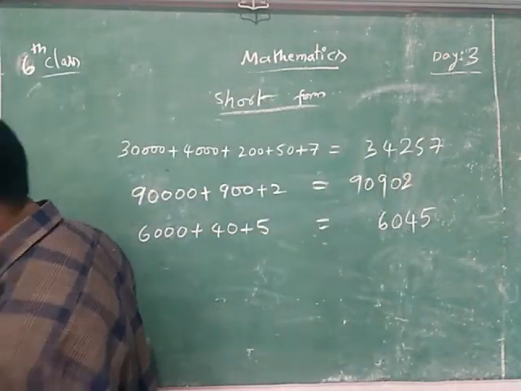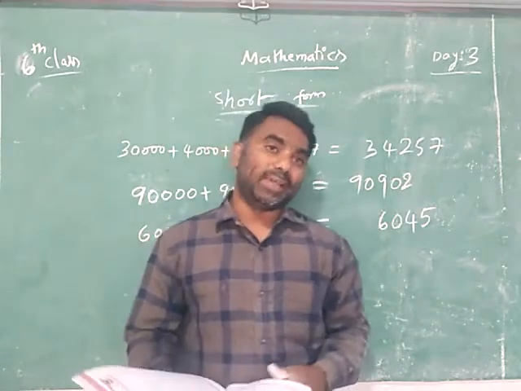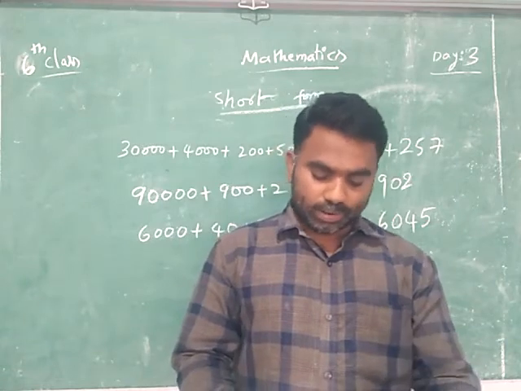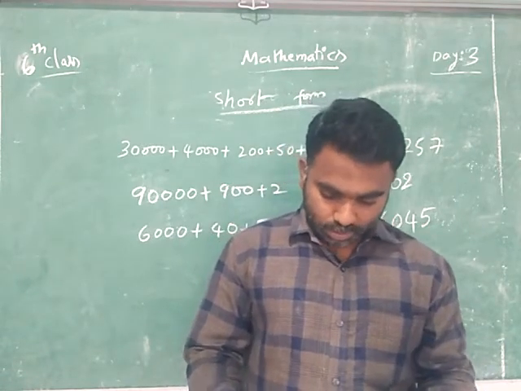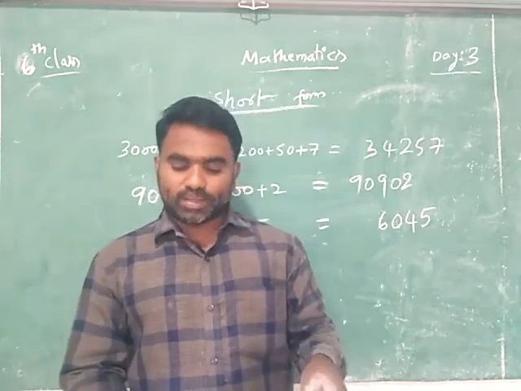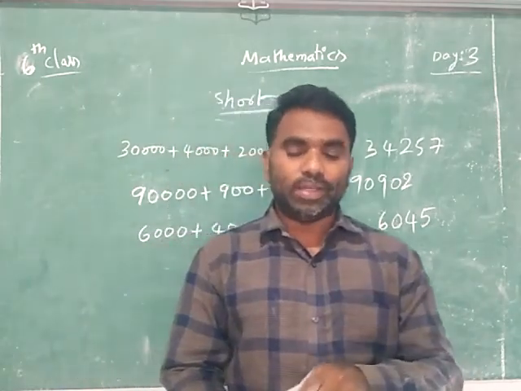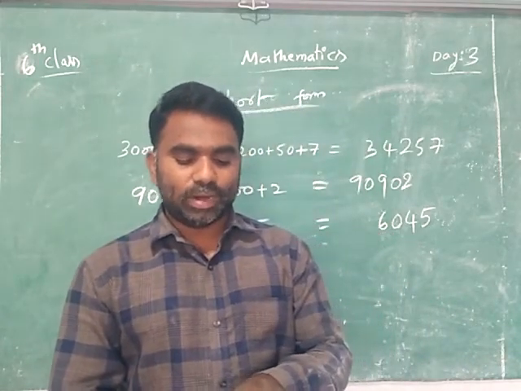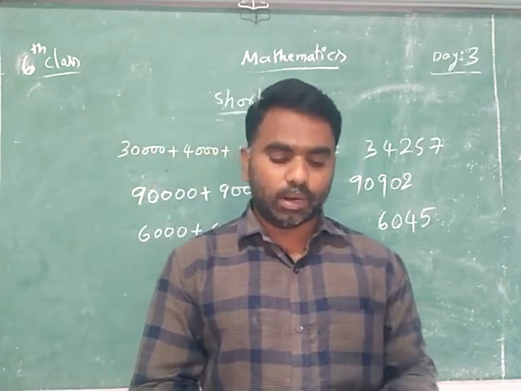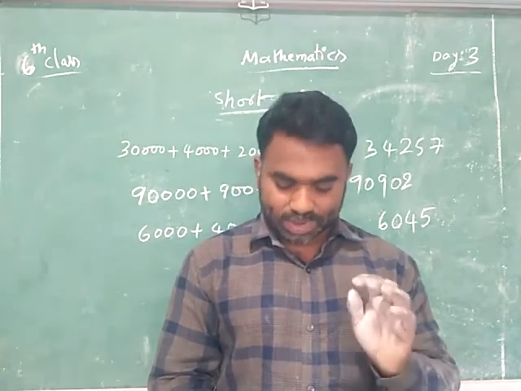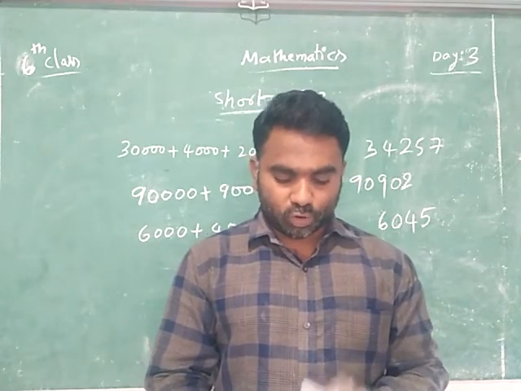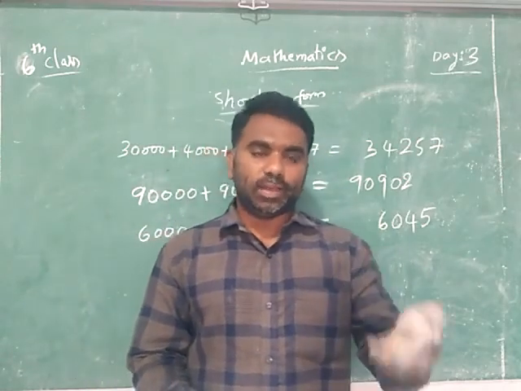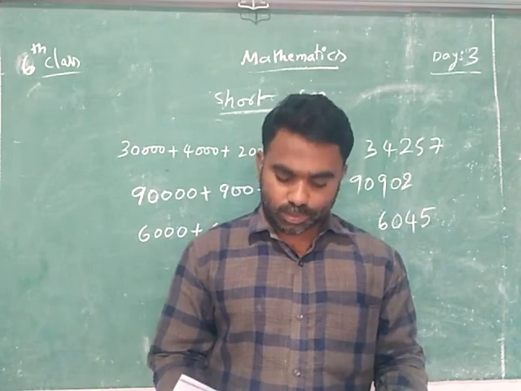So today we have learned about face value, place value, expanded form and short form. And you can see in your textbook, before exercise 2, there is a "Do this" with a table. Try to fill the table. Expanded form: you see that an expansion has been written. One example is given there. By using the example, complete the "Do this" on page number 5, and in exercise 1.2, the fourth and fifth items you can do. I will give it on a paper sheet also, and then you can see the sheet and complete the homework. Thank you. Have a nice day.